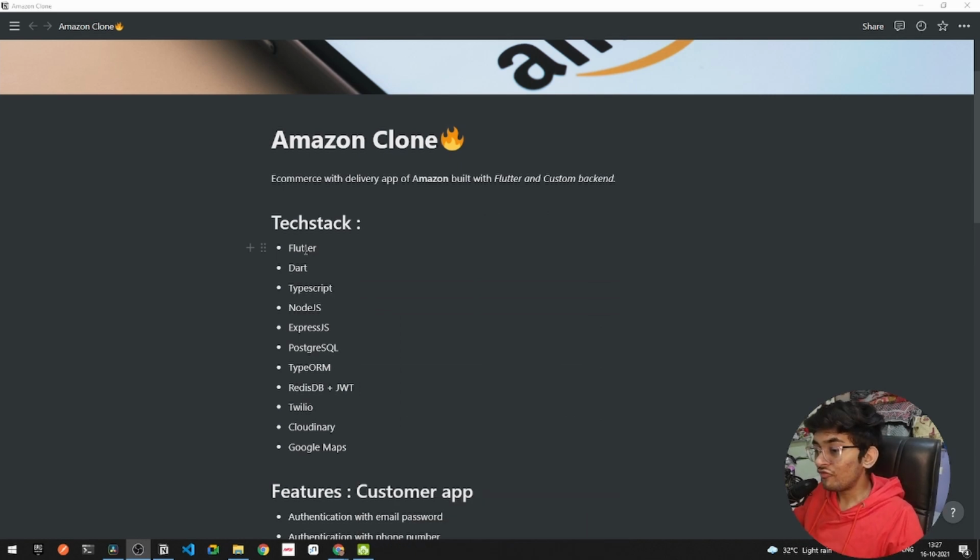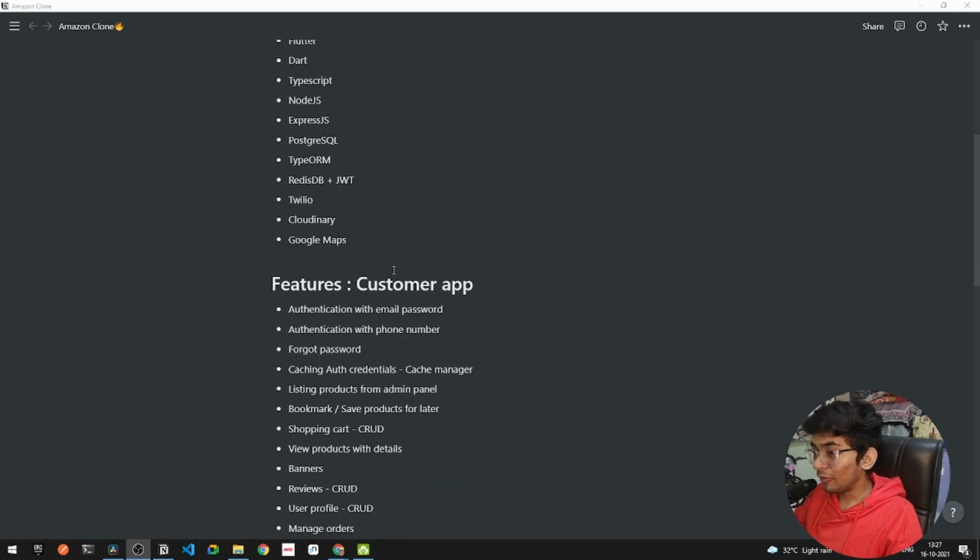Next up, we have the features for our application. Heads up, we have two different applications. We have our customer application and also an application built for delivery boys. Whenever you order something, the delivery boys will be up and ready at our home. They don't have the normal application that we use. They have a different application built for their own use case, which is mostly known as the delivery application. First of all, let's discuss the customer app.